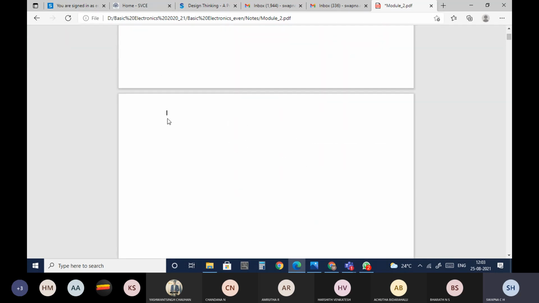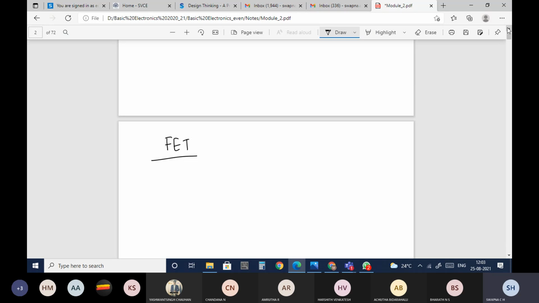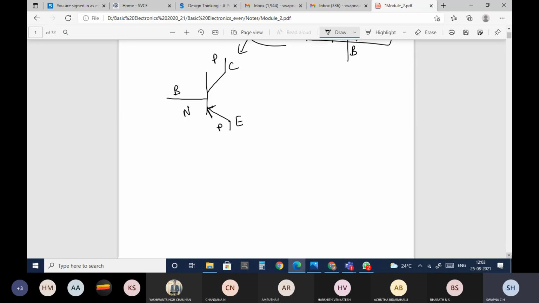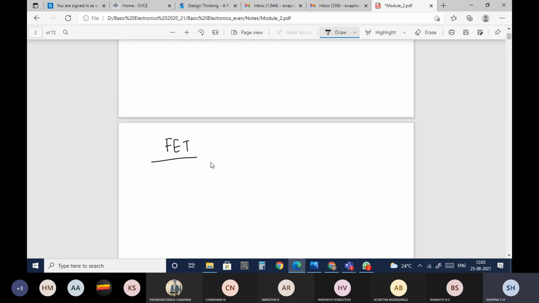Okay, so field effect transistor is also a three-terminal device. Here, if you observe, I have emitter, base, collector. In the same way, in the field effect transistor, you will have drain, source, and gate.